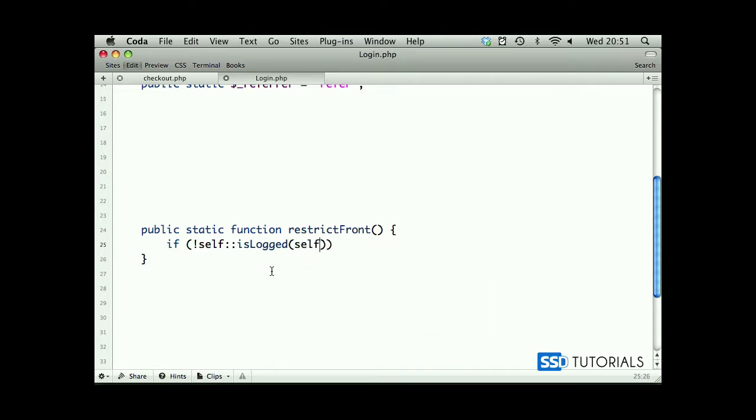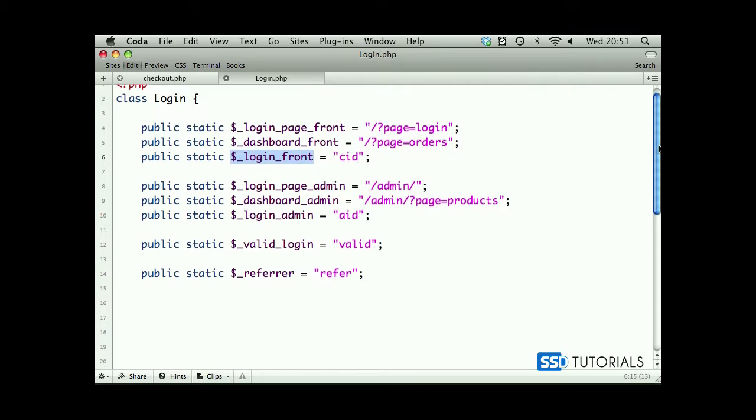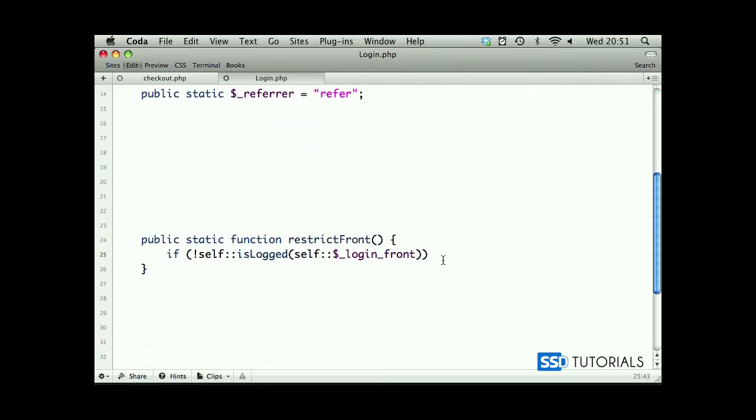So self::$login_front property, as you can remember, we've just created this login front, which is CID. So if it isn't logged in, then if URL::cpage, which is basically giving us the current page, doesn't equal logout. In other words, if we are currently not on a logout page, if we didn't click the logout button,